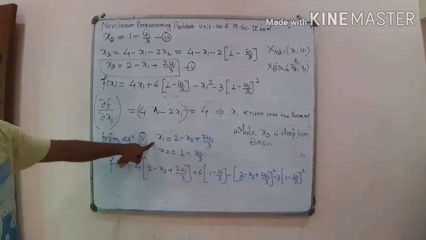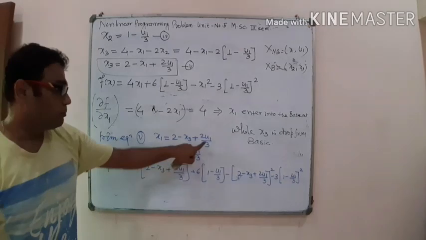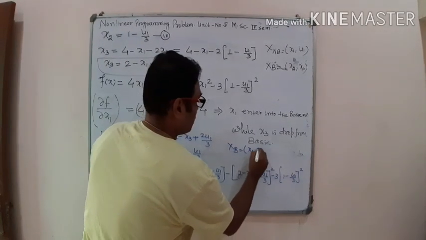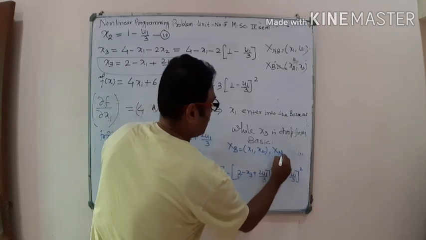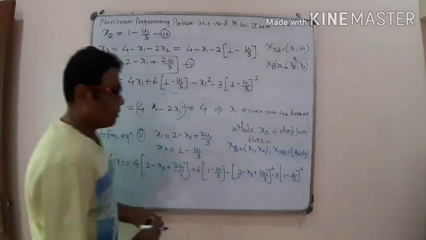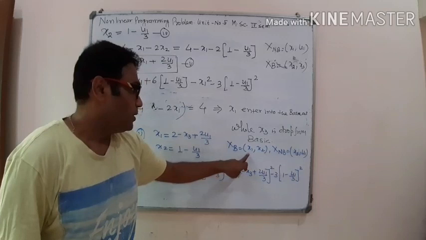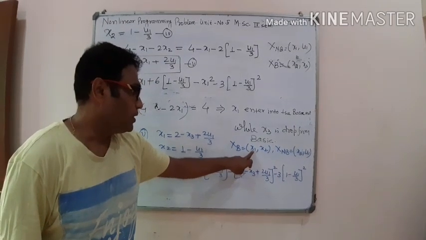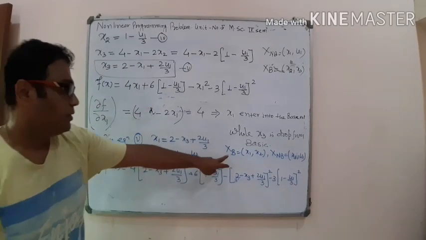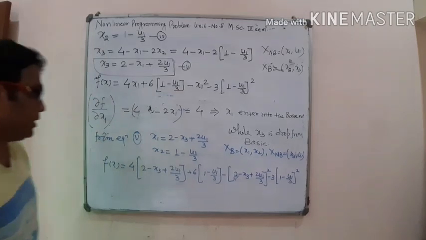Again we observe that these three equations are expressed in terms of the non-basic variables. Here the basic variables are x1 and x2, while the non-basic variables are x3 and u1. So you can observe that our problem starts from non-basic variables. The non-basic variables are x1 and x2 in the first step. Here they become basic variables, and the earlier basic variables become non-basic variables.